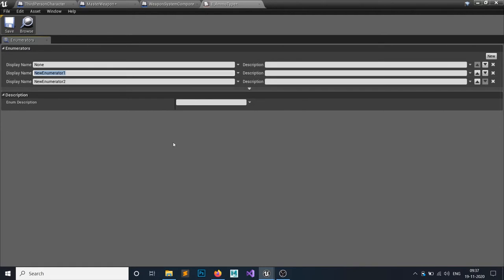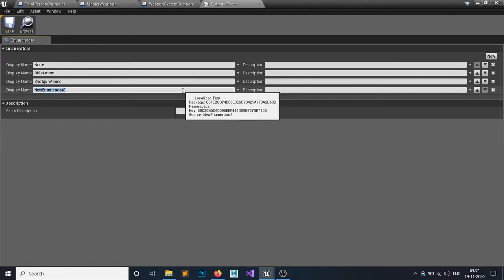Let's say rifle ammo, then a shotgun ammo. You can add as many types of ammo as you want, let's say 7mm, 9mm, but I am just setting it to simple for showing purpose.